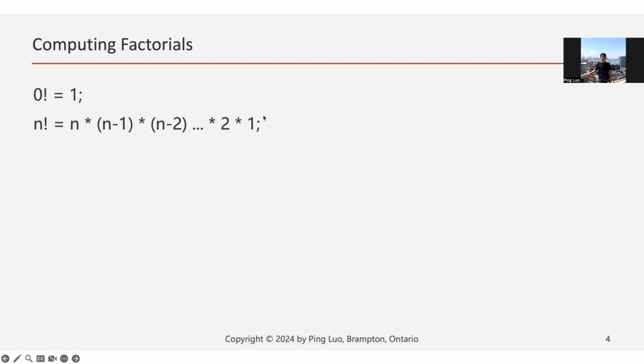Okay, we know factorials, right? 0 factorial is 1 and n factorial equals n multiplied by n minus 1 all the way to 1. It's simple. Assuming someone lets you compute n factorial for them, you can just use a for loop to multiply, for i from 1 to n. Yeah, of course that's doable. But